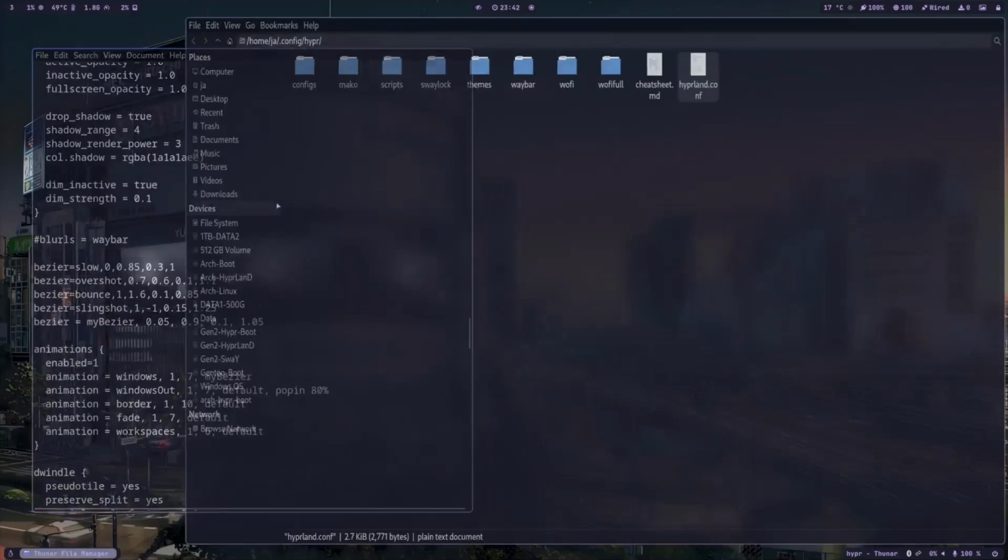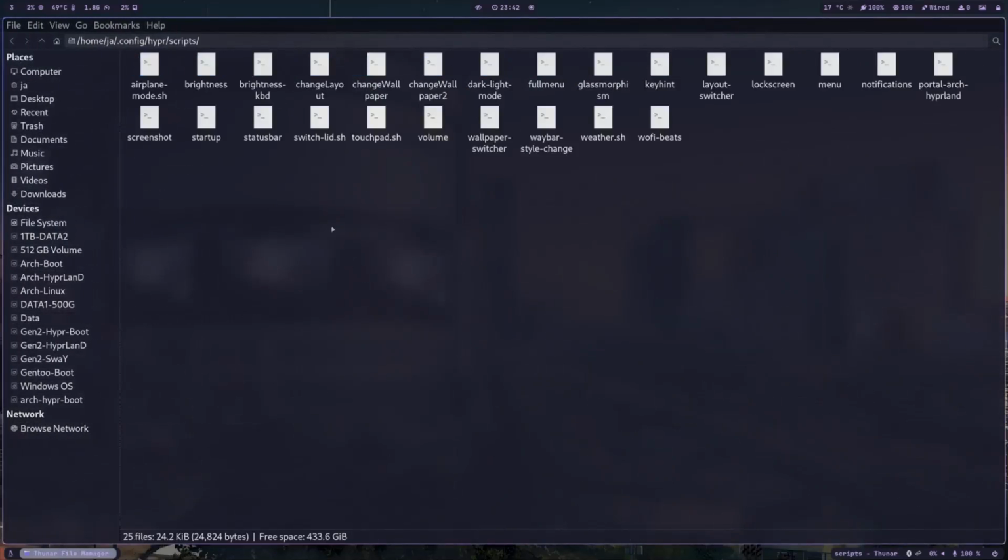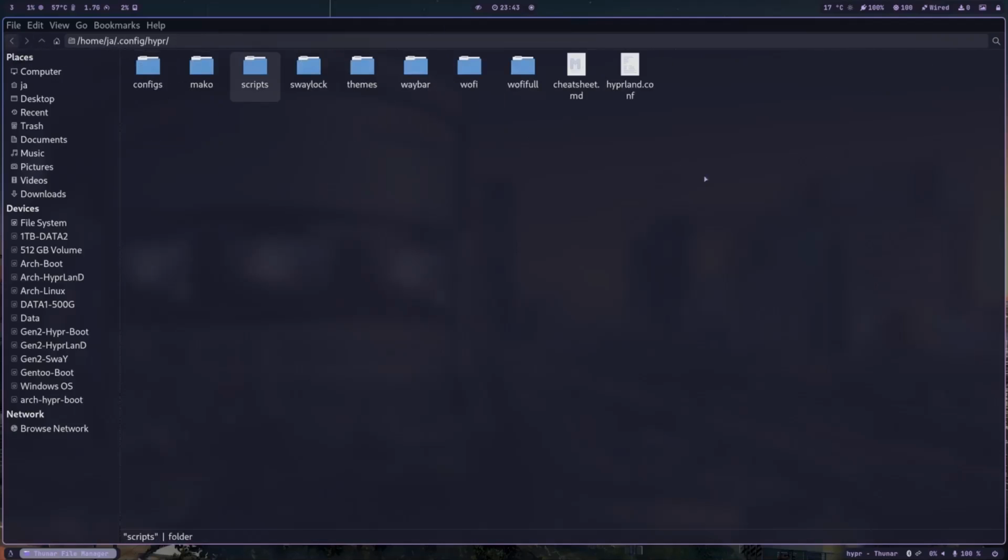really long. And then it's the same reason why I have these scripts. Maybe some of you will ask why I have a lot of scripts. This actually leads to a lot of things. For example, the brightness control. It's weird that I don't have the icon here. Normally I should have the icon there. Anyway, and so on and so forth. That's the reason why I try to organize